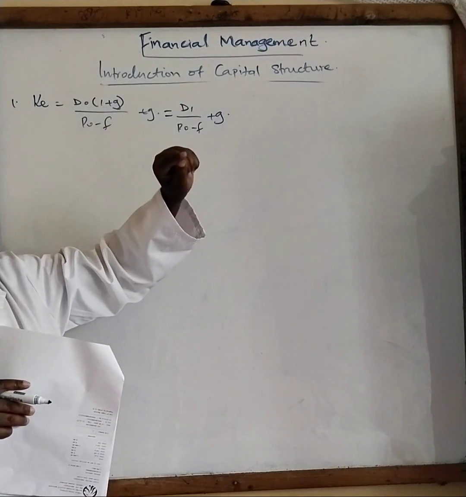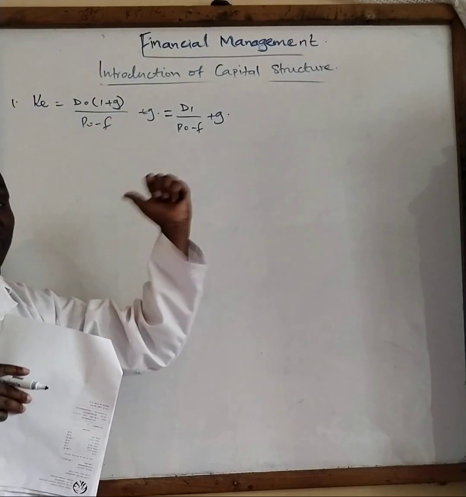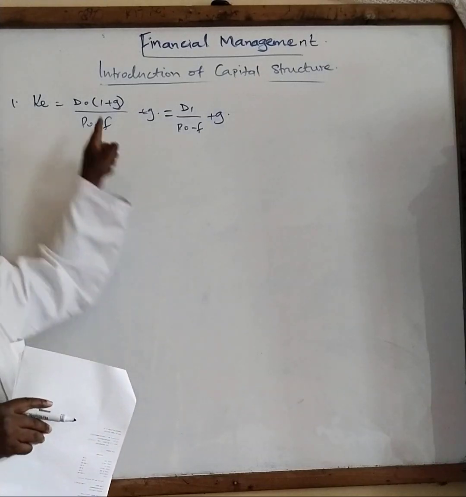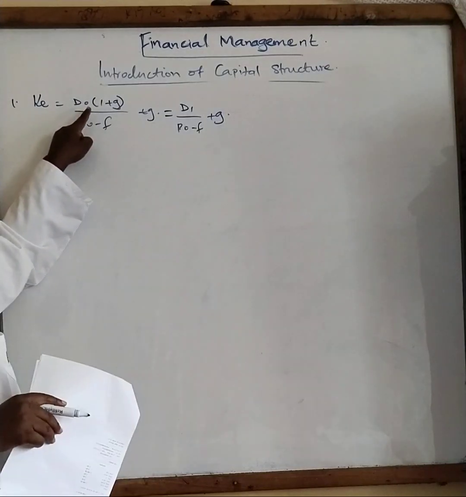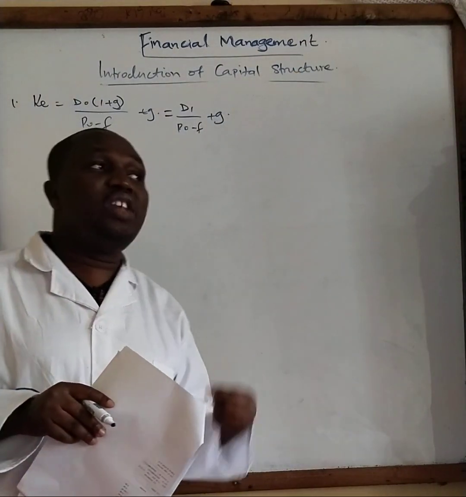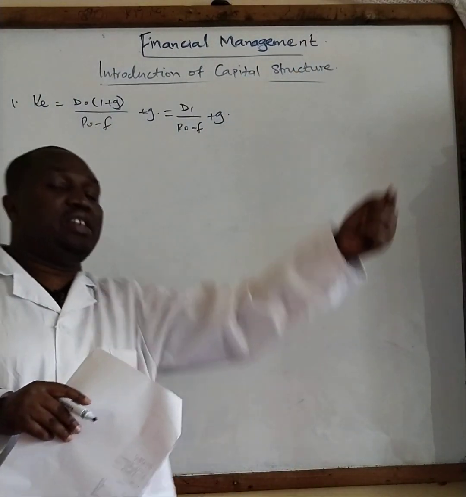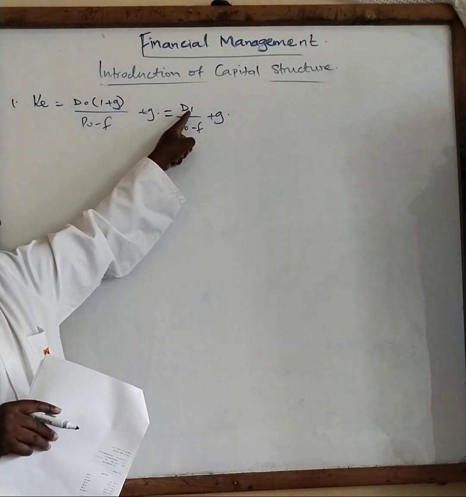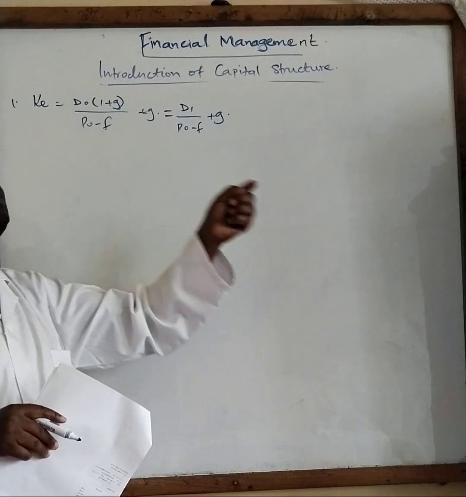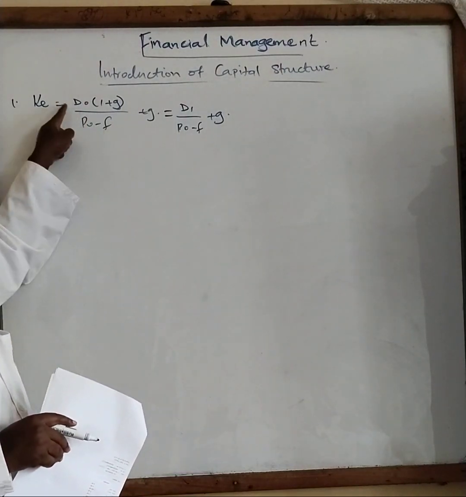But if the question is saying it is the current previous year, which means you have paid this year, so it has been paid already, it means that you need to grow to get the dividends after 1 year. But if the question says that is to be paid after 1 year, which means that is D1, don't bring this formula here. But if they say it has been paid, you come and pick it from here.